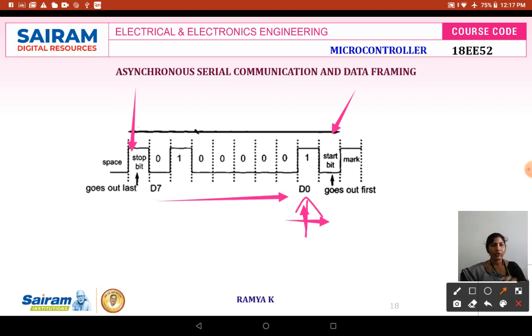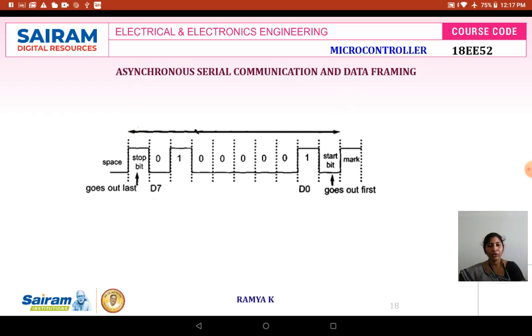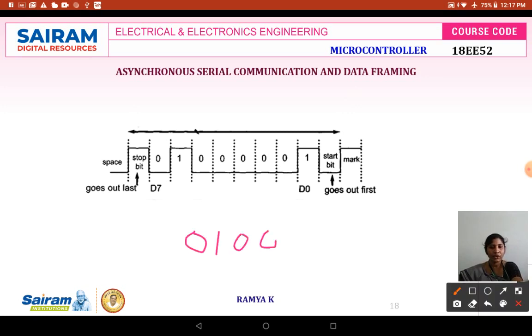As we discussed, the start bit is low and the stop bit is high. To transmit the data A, the binary is 0100 0001. Wherever you have 1, you give the pulse high, and wherever you have 0, you give the pulse low.